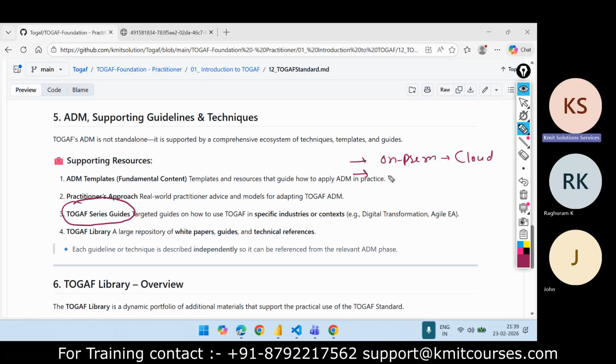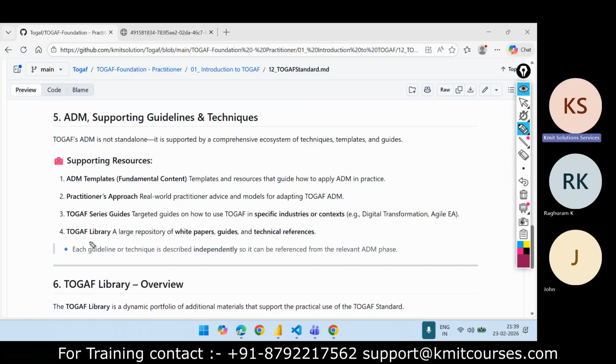In another project you may have a different requirement. For example, there is a banking customer with certain requirements, not only related to the migration, but also some development, some standard tools, etc. So for this, I will again follow the TOGAF series and guides. Now my target is something different, so you can use these TOGAF series and guides as per your requirement.